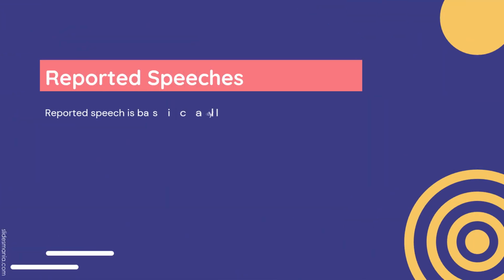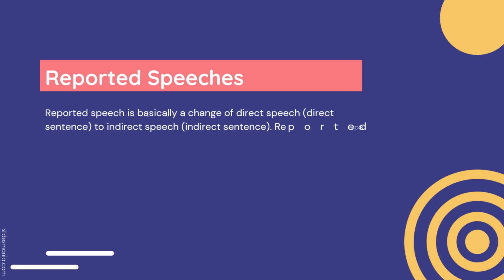Reported speech is basically a change of direct speech, direct sentence, to indirect speech, indirect sentence. Reported speech itself is usually used to convey back what was said. Example: